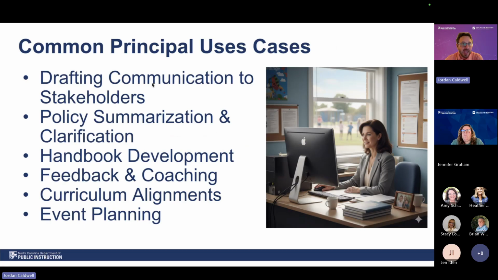I've got listed here just some common use cases for principals, how I have observed and heard from some principals that are currently in the role, how they have utilized AI in their daily practice. From drafting communication to stakeholders, whether that be an email or something like a flyer, social media post, or a newsletter. Using it to summarize policy and get clarification, legal clarification, while you're waiting on some guidance from, say, your